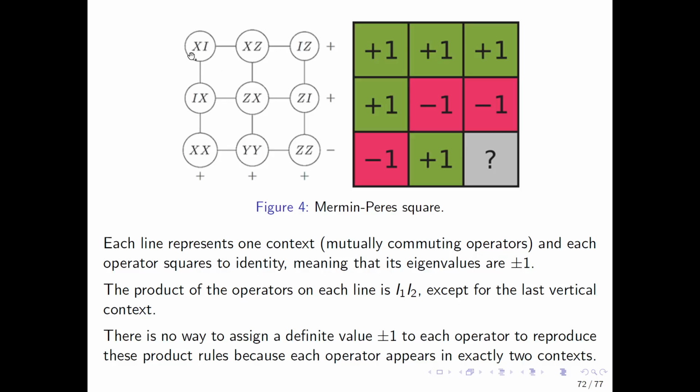And when you think about this, all of these are eigenvalue squared, so it means that it can either take +1 or -1. Under each of these contexts, they are mutually commuting, which means that they are compatible with each other. So over here, the straight lines will be